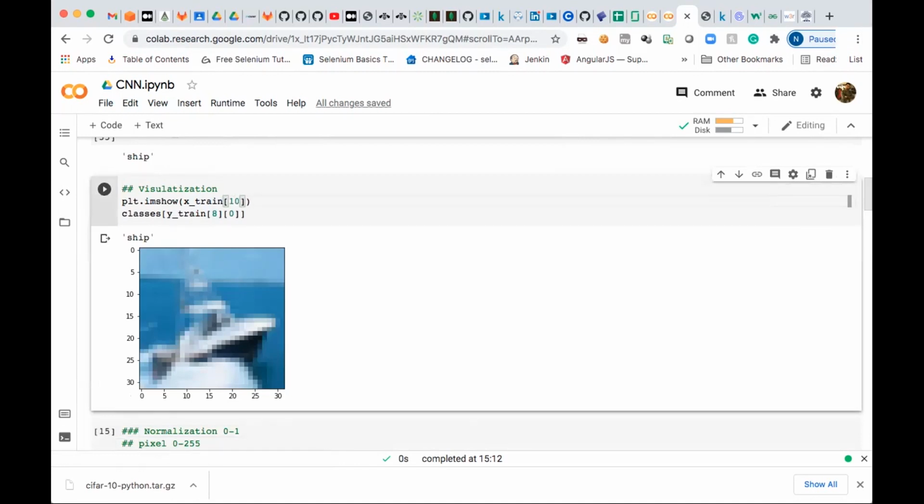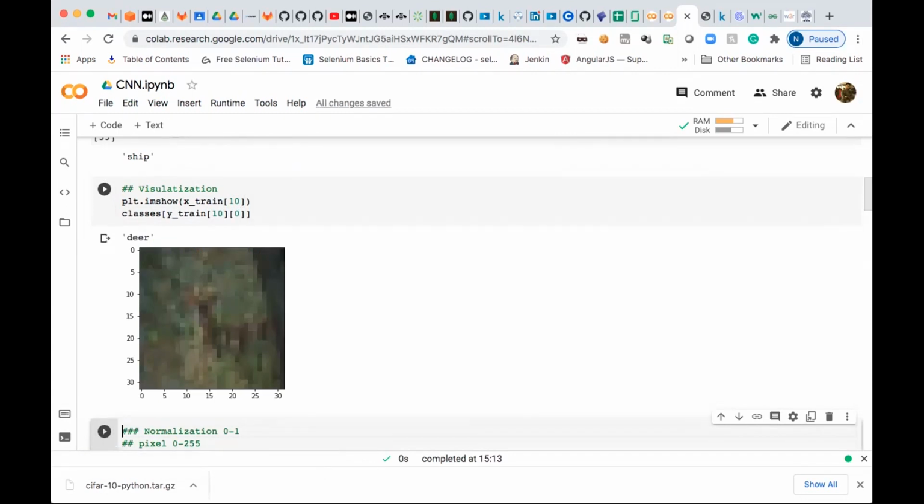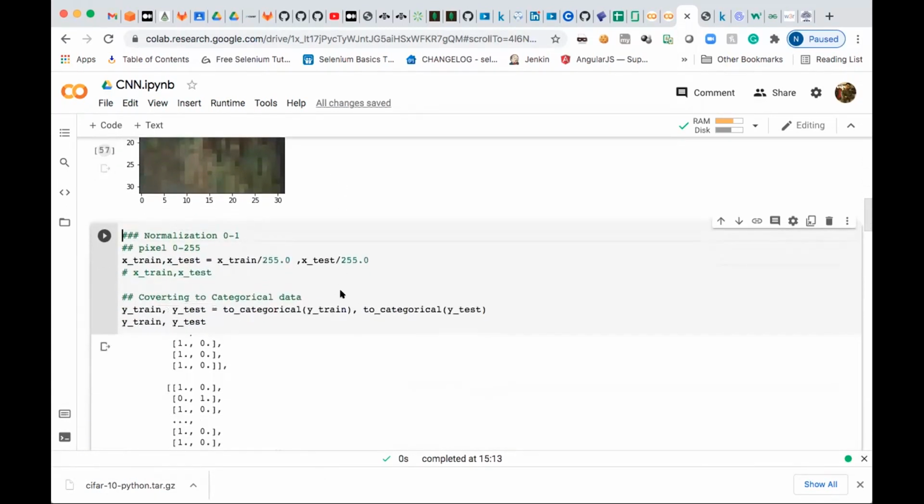Yeah, down also you have to. Just to verify everything is correct. Okay, so this is a deer and this is a bird. Going down. Now this we have to check. Normalization 0 to 1, then we have to fix whether it is 255. Okay, let's run all of this.